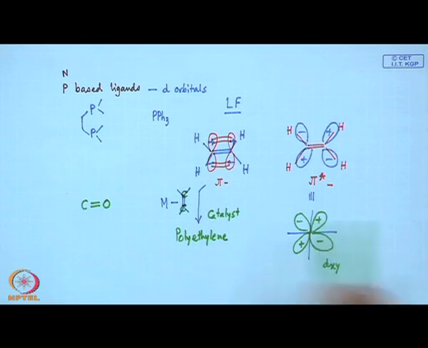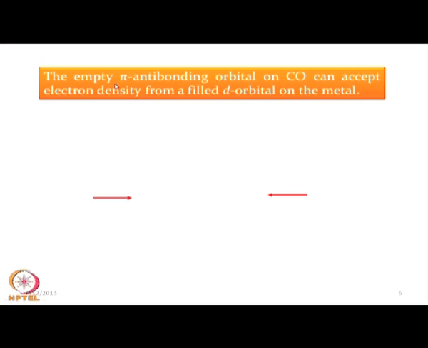Similarly, the CO molecule can also be treated in a similar fashion, where the pi star orbital of the CO molecule, which we all know from our early days how we construct the molecular orbitals of the carbon monoxide molecule, involves the atomic orbitals of carbon and oxygen. We have no electron in the pi star level of the carbon monoxide molecular orbital. So, that pi star orbital is available to accept the electron density from the filled d orbitals of the